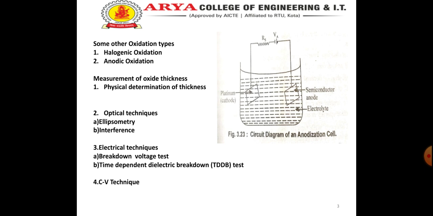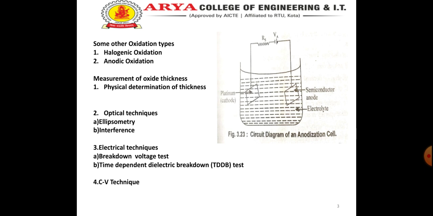Breakdown voltage test. In this test, a large number of metal electrodes are formed on the top of the oxide. The voltage on the capacitor is increased while the electrical current through the oxide film is measured. The leakage current is too small to measure until a high electric field is reached. Eventually, for the oxide, a current will be detected that will rise exponentially with voltage.